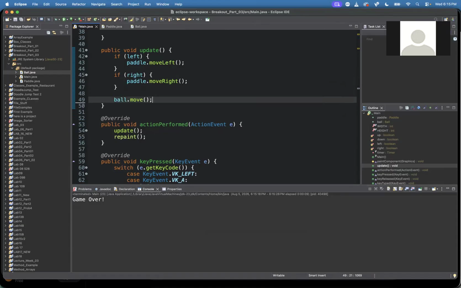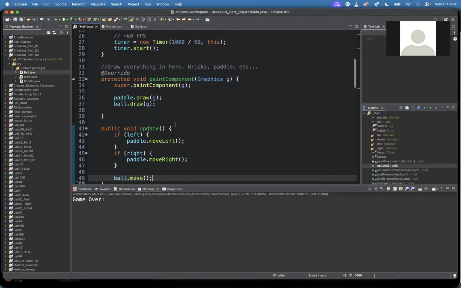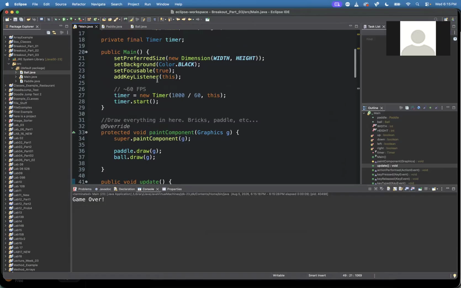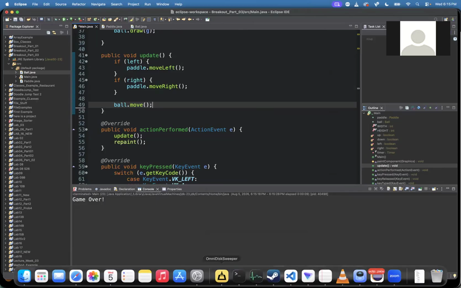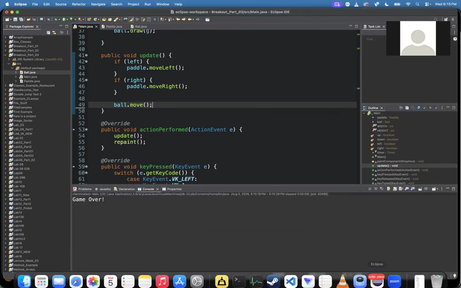Okay. So we got our paddle code and we got our ball code that we update every frame. And then this action performed thing that just gets called by the timer up here. So, all right. And I think that's going to be it for this video because that is the end